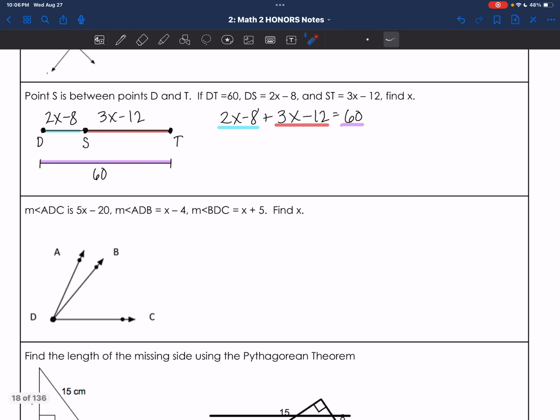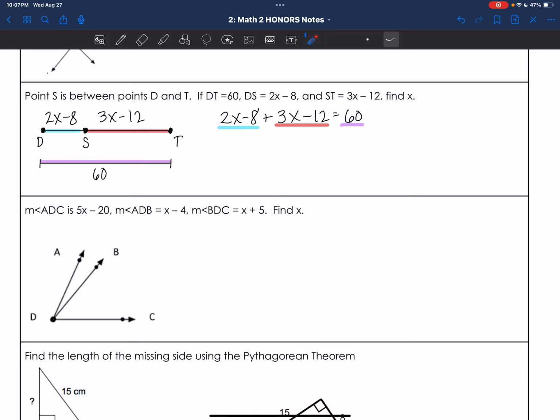And then notice on this one, it says point S is between D and T. It does not say it's the midpoint. So S can be anywhere in here. But it does say DT is 60. It says DS is 2x minus 8, and ST is 3x minus 12. So since this is not the midpoint, it's just a point on the line, you go this plus this is going to equal the total. So go ahead, finish this,